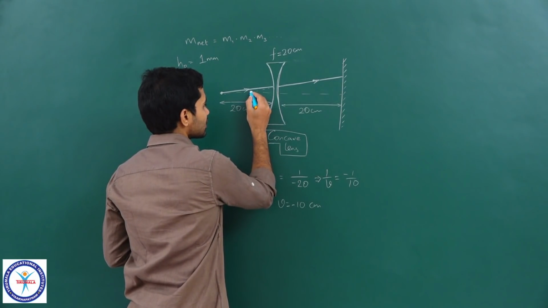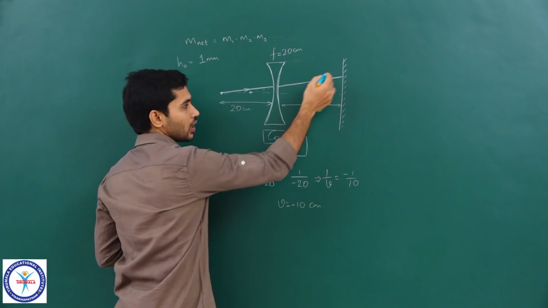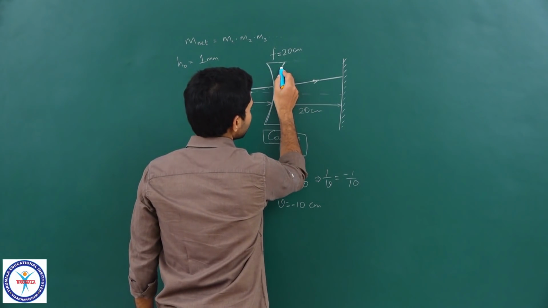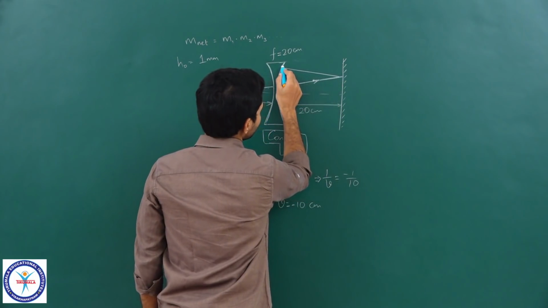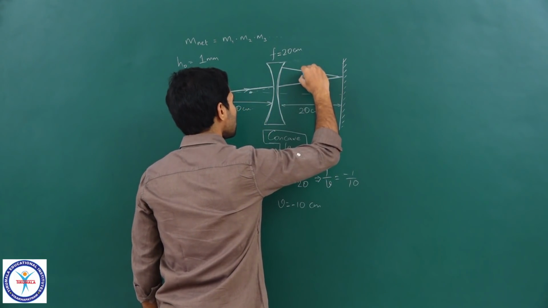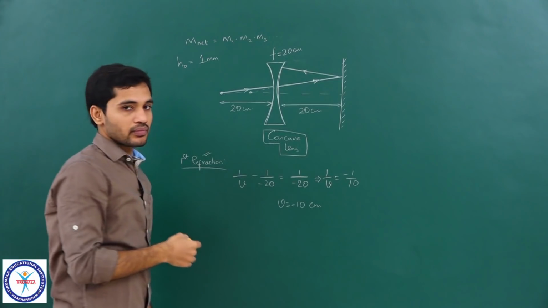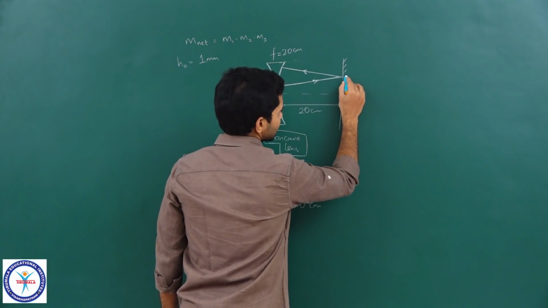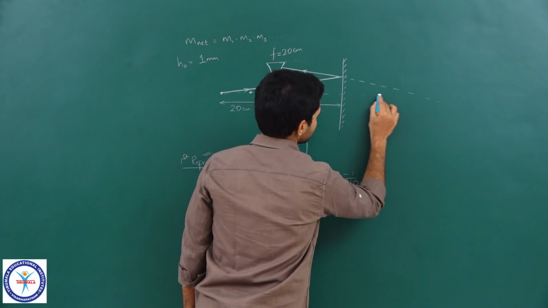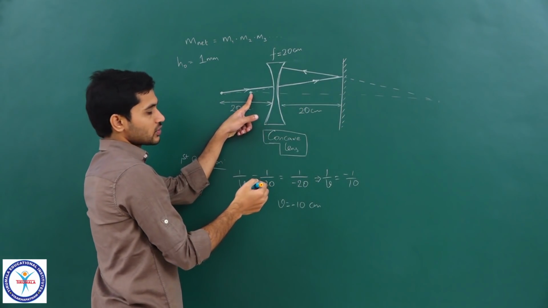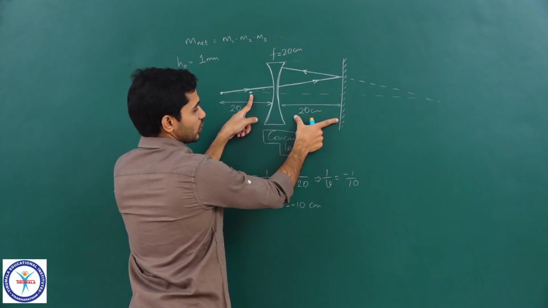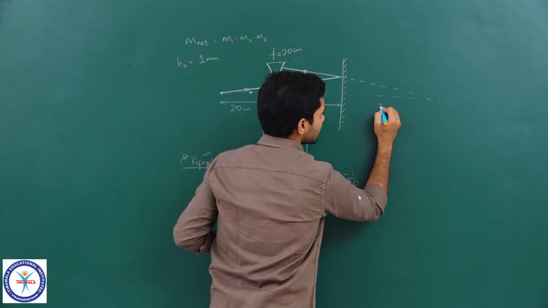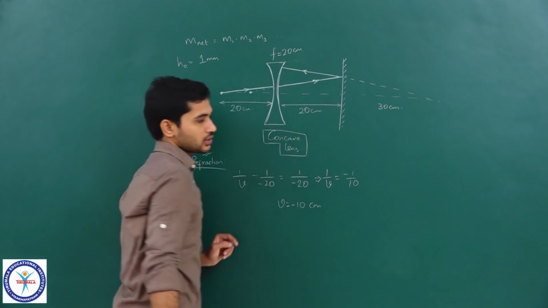So, which means now this is where the light rays are coming from according to the mirror. Now what does the mirror do? The mirror will once again reflect these light rays. The light rays will be reflected back at the same angle with the normal, and the mirror will make sure that the image of this is formed on the other side at the same distance. What is the distance of this from the mirror? 20 plus 10, 30. So, which means the image is formed on the other side at a distance of 30 centimeters, correct.